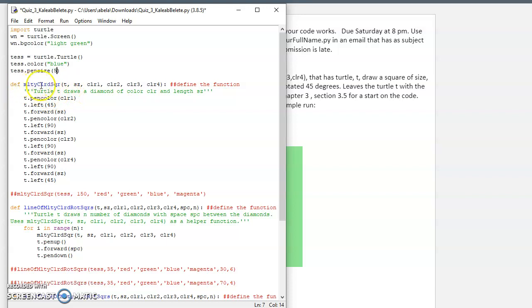So first we define the first simple version of the square or diamond, with 6 parameters: the turtle, size, and 4 colors. As you can see, turtle T draws a diamond of color CLR and length of SC. So this is my